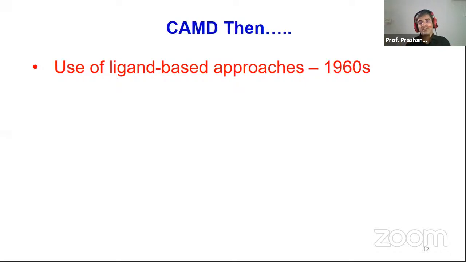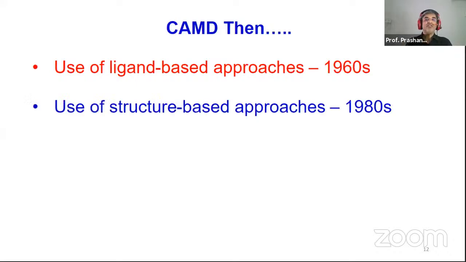But then with the help of QSAR, people started focusing on a particular chemical series and the trends in the structure, the variation in the structures, which can help you get a drug with an optimum set of properties, including pharmacokinetic properties, toxicity properties, activity properties, right? So then in the early 1980s, structure-based approaches started appearing in the literature.